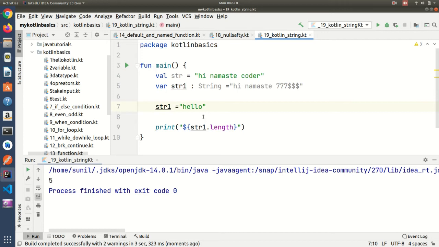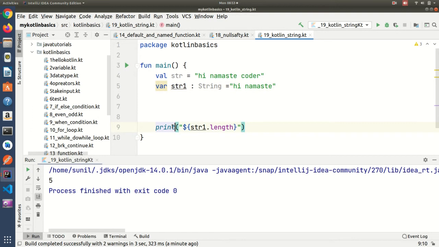If I have two strings and I want to compare whether both strings are equal or not, how do we do that in Kotlin? Let me give one example. I have string 1 and string 2. Here up to here, these are not the same now, because this string has "hi namaste coder" and here only "hi namaste". So both are not equal. How to print equality?